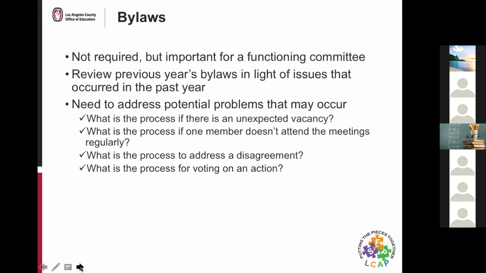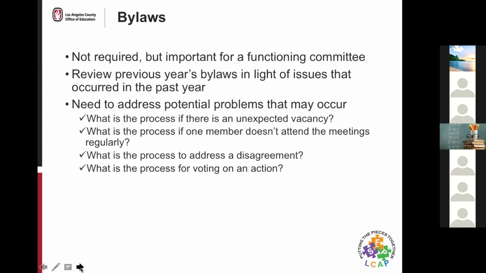They can be defined in district policies or procedures. There may be some things that you want consistency across your schools in, and that may be a district policy or procedure. Others might be in school level bylaws. Some districts provide schools a template to use for their bylaws that they can adjust and that have some of these basic things included. But just know bylaws are a good proactive way to avoid problems and disputes moving forward, and to address things that aren't answered in law, because many things aren't answered in the law.